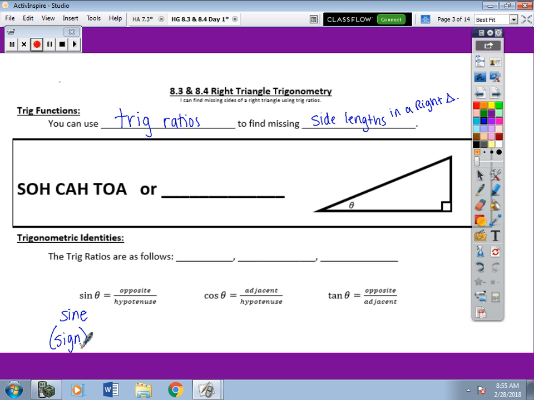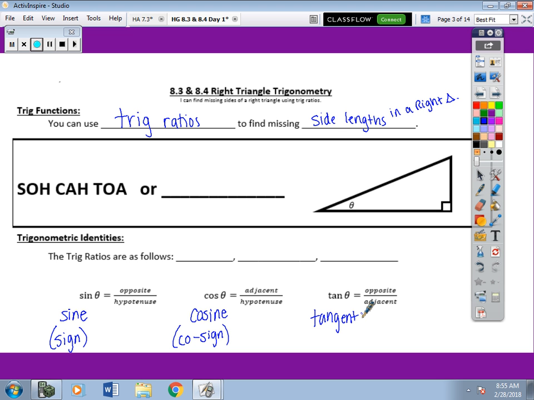You want to write it phonetically, sine function. The COS is an abbreviation for the cosine, again pronounced cosine. The last one is our tangent, which is pronounced exactly as you would think, tangent